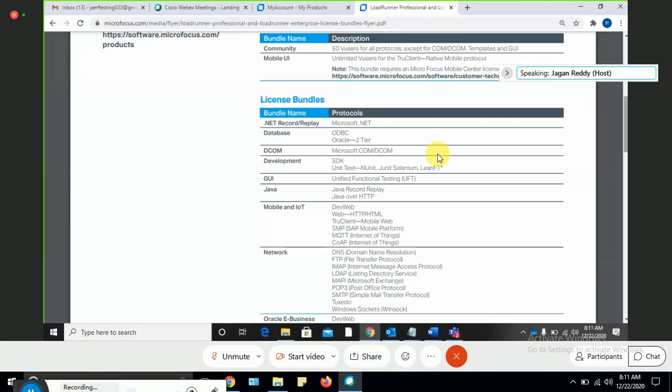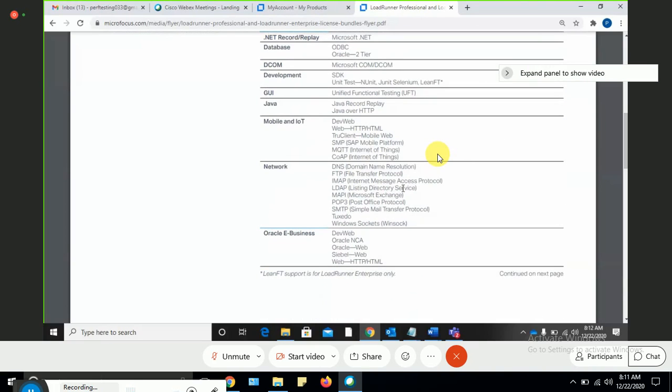If I purchase mobile and IoT, internet of things, then you see these many protocols it supports: DevWeb, Web Protocol, True Client Mobile Web, SMP, SAP Mobile Platform, MQTT, Message Queue, and COAP IoT applications. And if I want to test my network related applications, you see DNS, FTP, IMAP, LDAP, MAPI, POP, SMTP, Windows Socket. So these are the list of protocols the Micro Focus team developed in order to test the